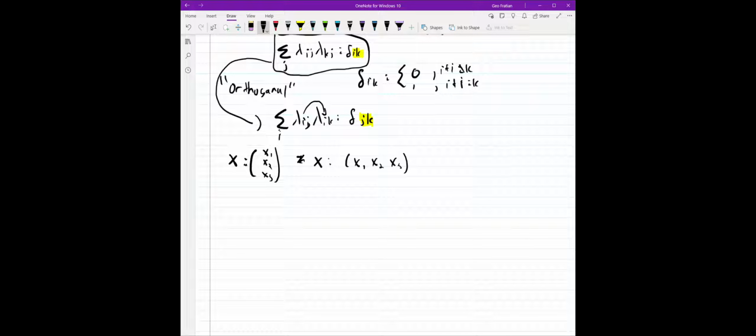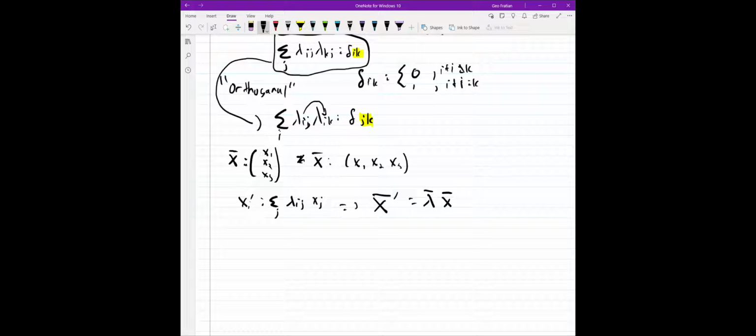But now what we know is that if we want to move x into x prime, we know xi prime is equal to the sum over j of lambda ij xj, right? In other words, in the more general case, I don't really have bold because the textbook has bold, so I'll put a bar over mine, where the bar is like the whole thing. X prime bar is equal to lambda bar, the big lambda that has all the values of it, so this right here in matrix form, times